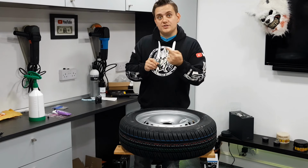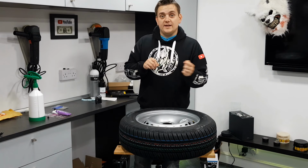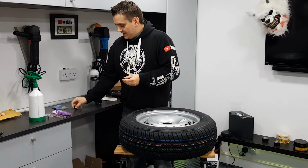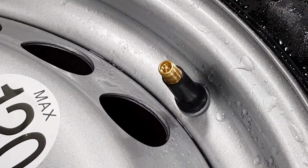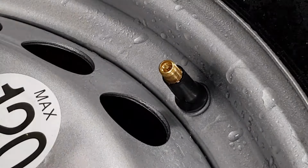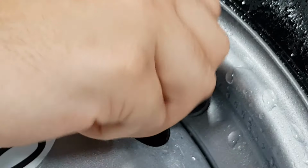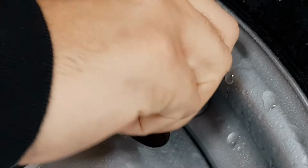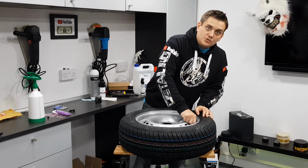There's corrosion, there's bubbling on the powder coat, and that's causing the seal to be weak and actually letting air past. So what I found is an easy way to fix that is to put the core tool back on the valve, tighten it up as much as it'll go, put a little bit of soapy water again around the bottom of that valve, and literally twist that valve, and